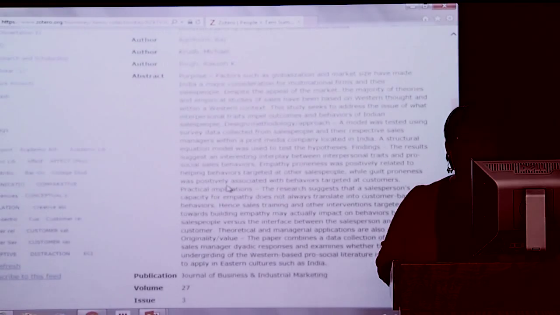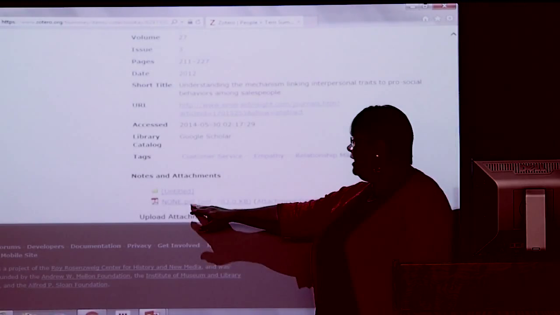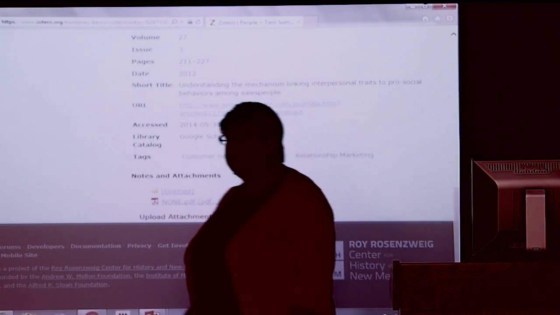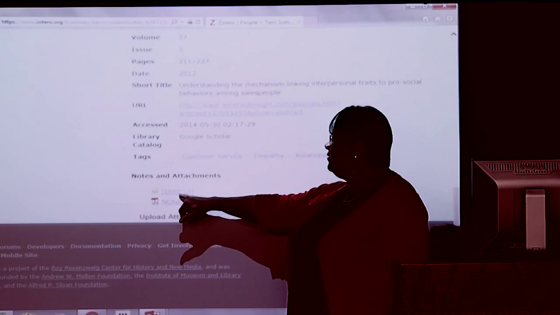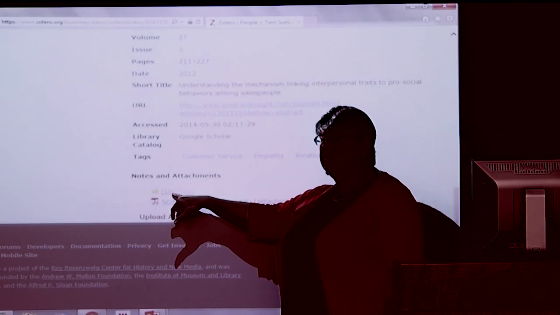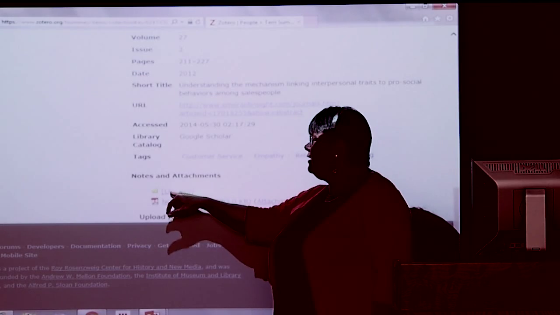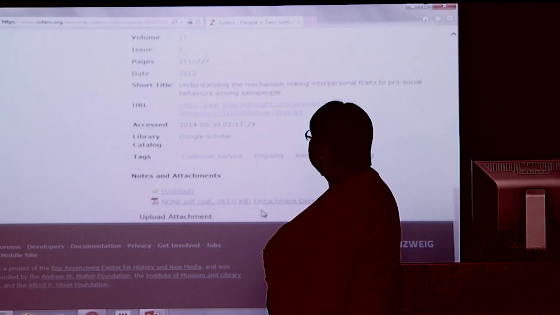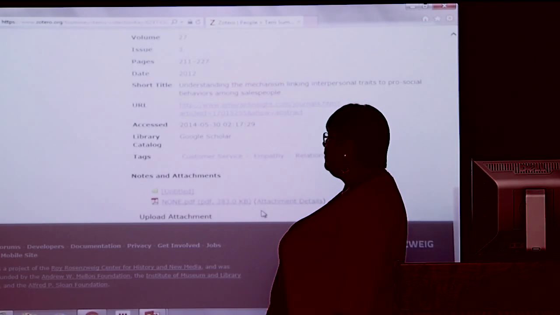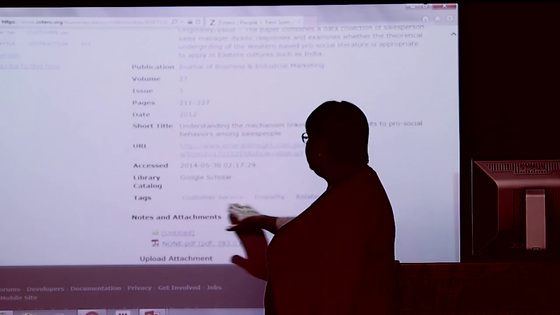The other thing I've been doing is on some of these, I can add the PDF to it, and that's saved out there, so I can always get back to that article. I can also attach a note. On my note cards, I've been writing notes down. I can go in here and see what my notes are. It gives me a lot of good information about the article, and once again, I can hashtag it.